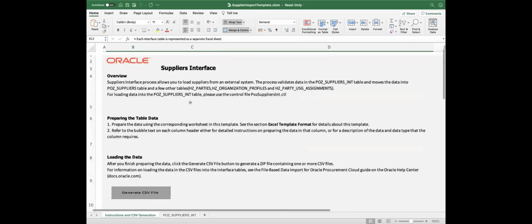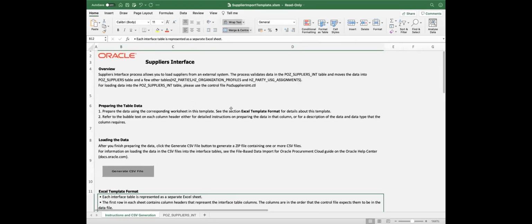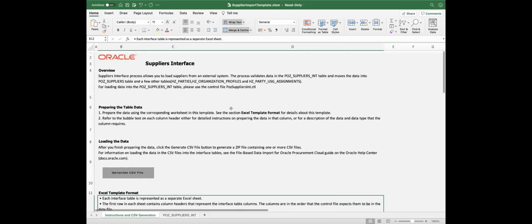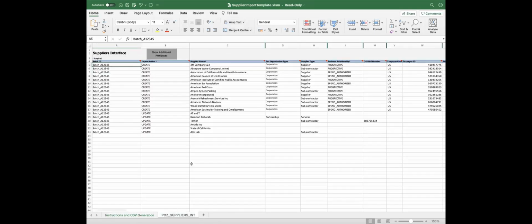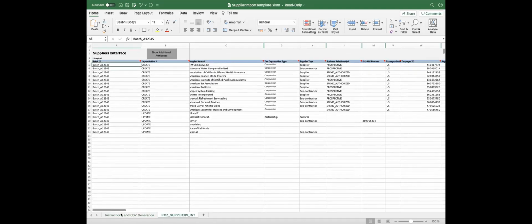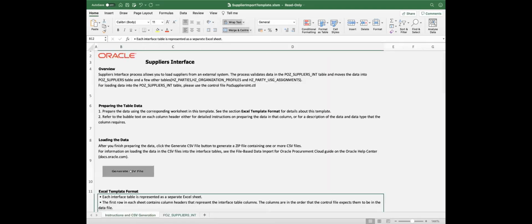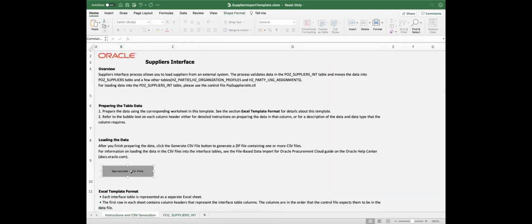Okay, so this is the sample FBDI template which I have downloaded here. You have two sheets, instruction and CSV generation, and the second will contain some sample data. So let's try to generate that CSV file, that template. Once you click on this generate CSV file,